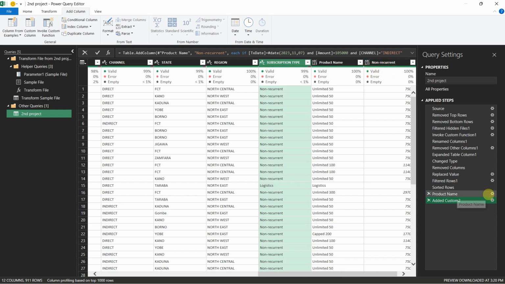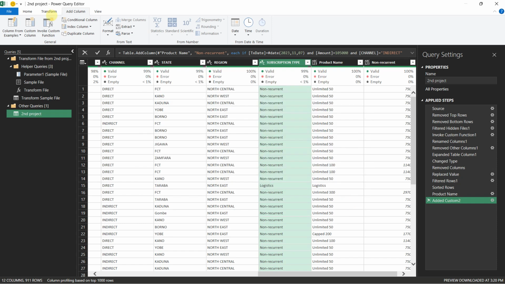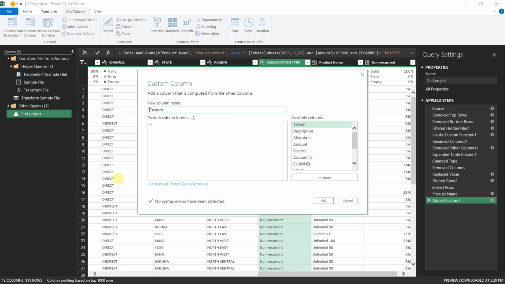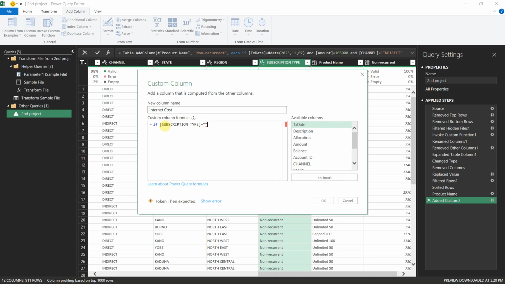I can then say internet cost, or yeah, I can create a column. I'll just say internet cost, and see if subscription type is non-recurrent,